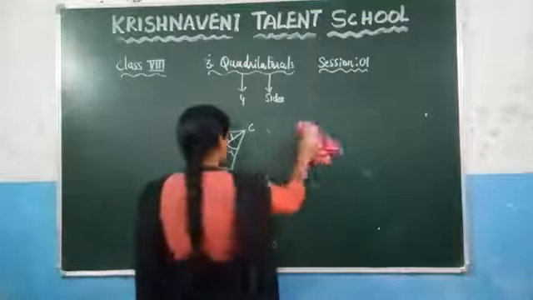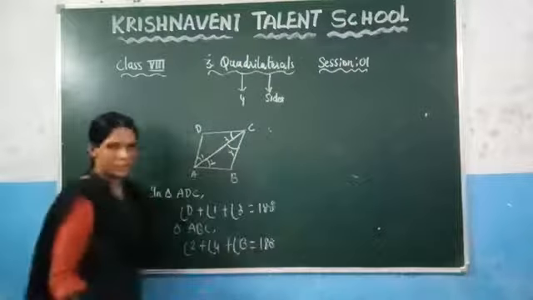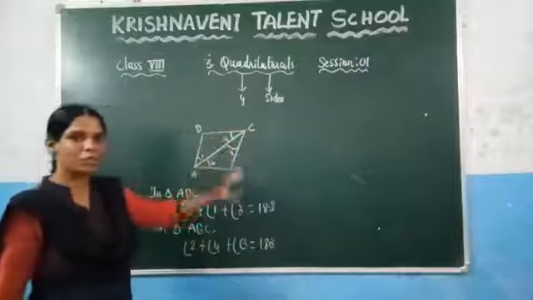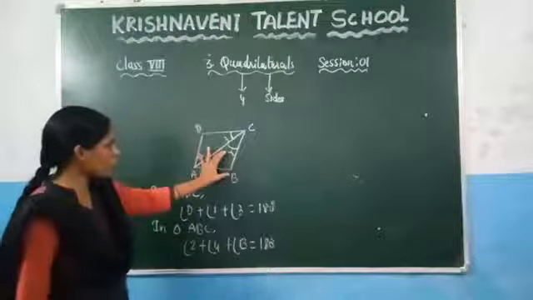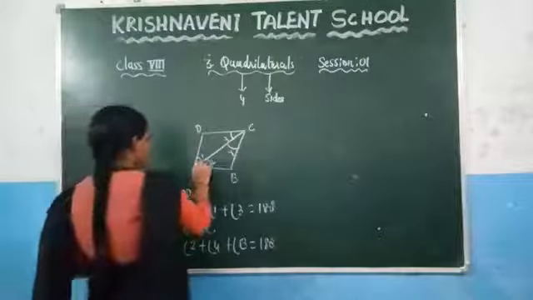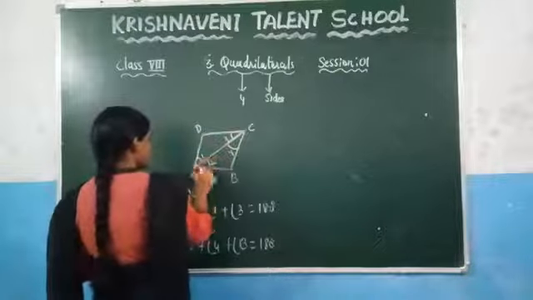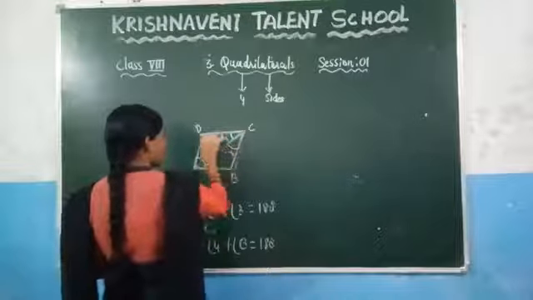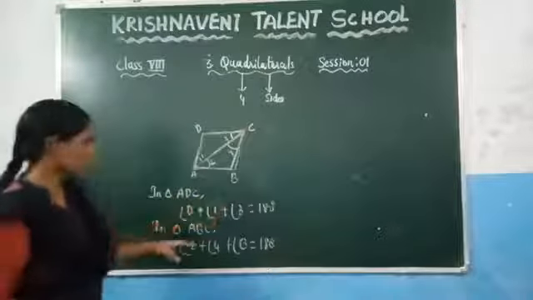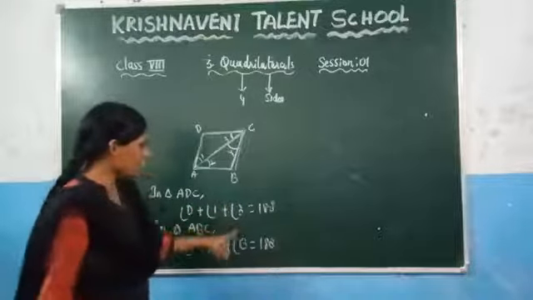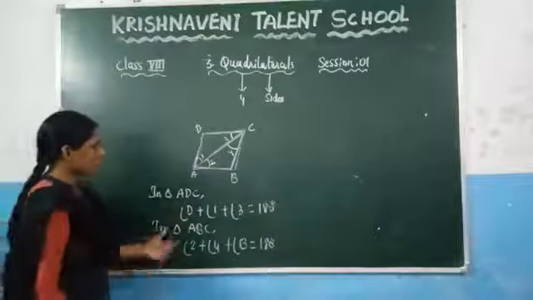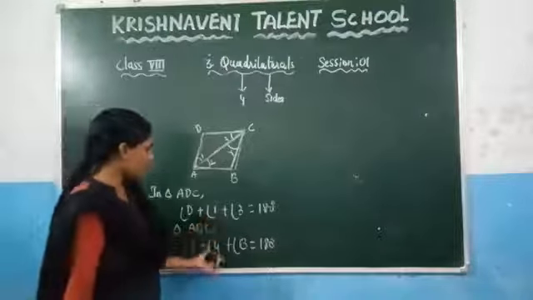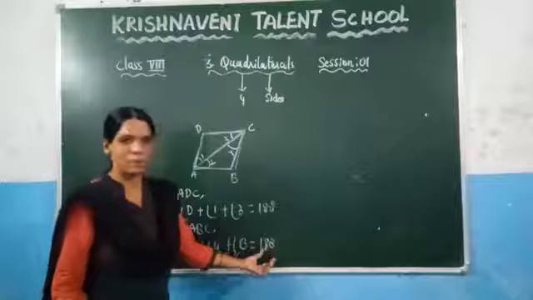Now since we want to find the sum of the angles of a quadrilateral, you need to get angle A plus angle B plus angle C plus angle D. So if you add the sum of the angles of this triangle and the sum of the angles of this triangle, you will get the sum of the angles of this quadrilateral just by adding these two. So you need to add these two equations. While adding, you need to add the left side part and the right side part separately.